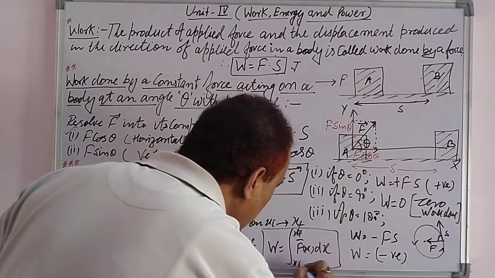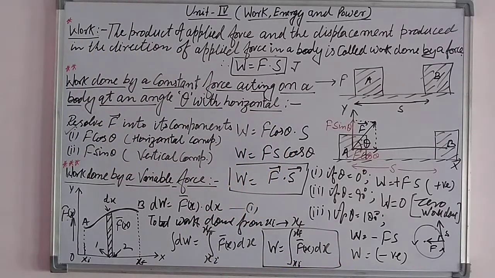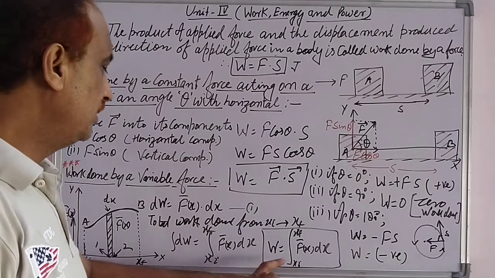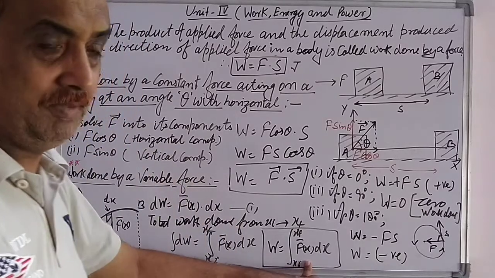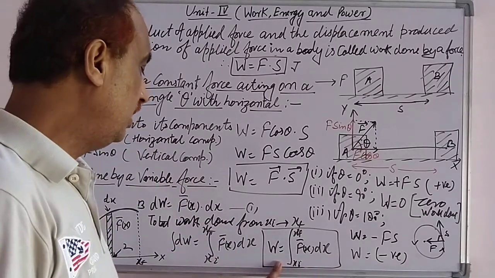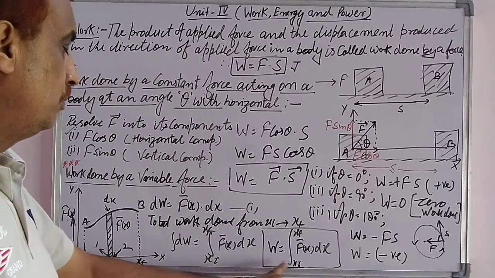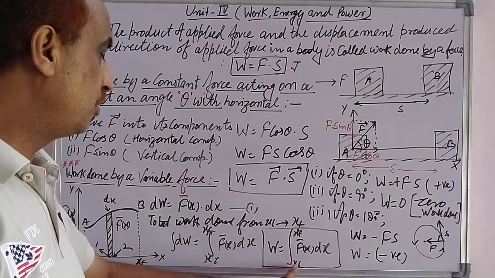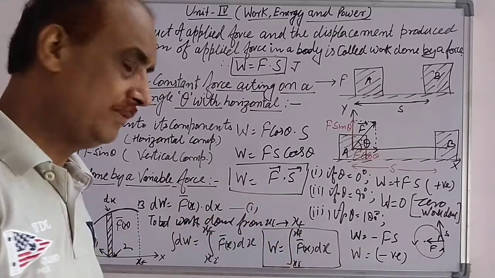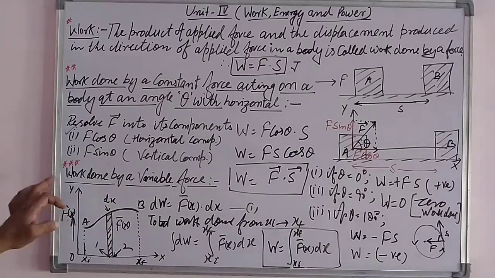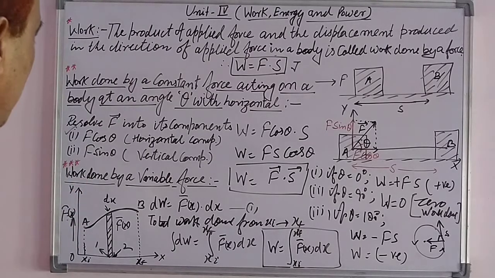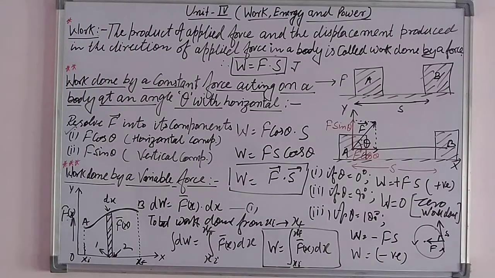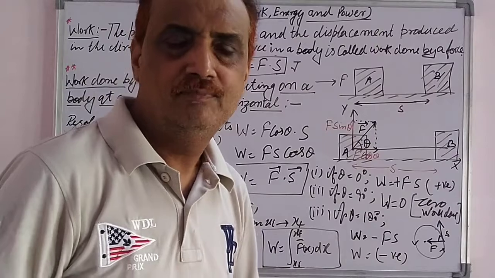So from this formula we can find the work done when a constant force is not acting on the body, meaning a variable force is acting on the body. So W can be found by integrating Fx dx from the initial limit xi to xf. So this is the third article, in which we can find the work done by a variable force acting on the body, and the next part we will discuss in the next video. Okay, thank you very much.